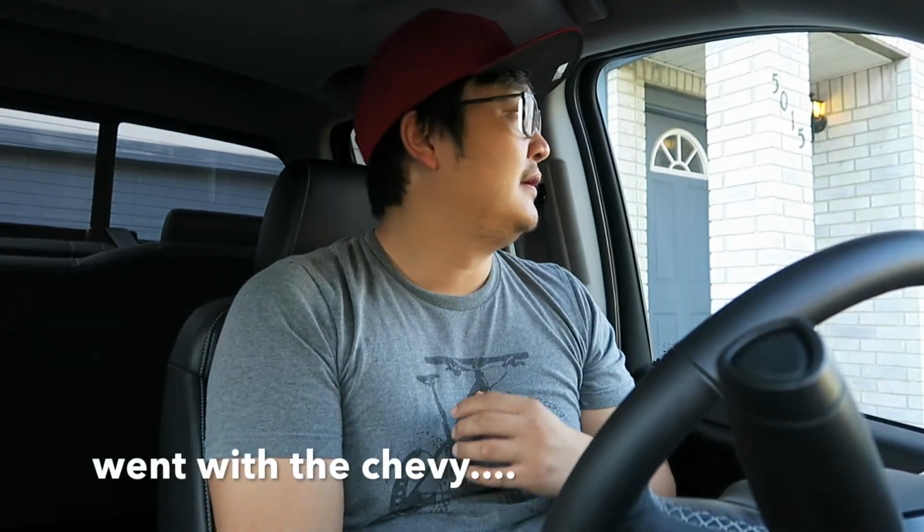I wanted to go with either Ram or Chevy. I wanted a black truck. I don't know why, it just looked really, really cool, especially the color match one, and it was very, very hard to find. I couldn't find it anywhere unless I drove about 4 hours from where I was. But I saw a white one